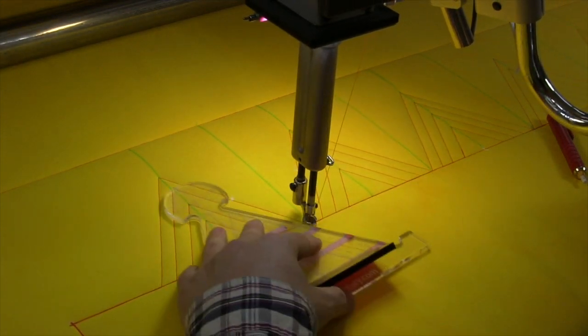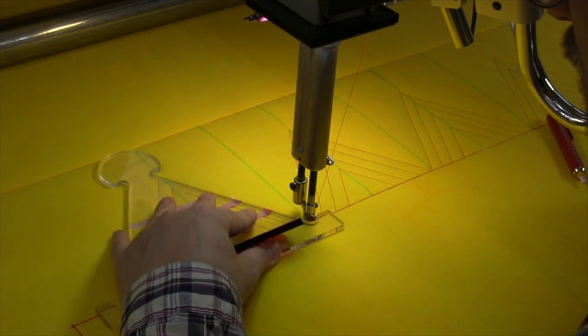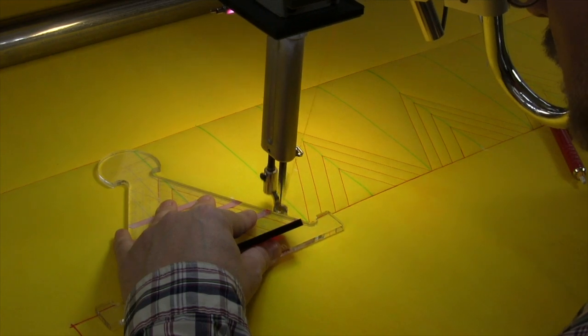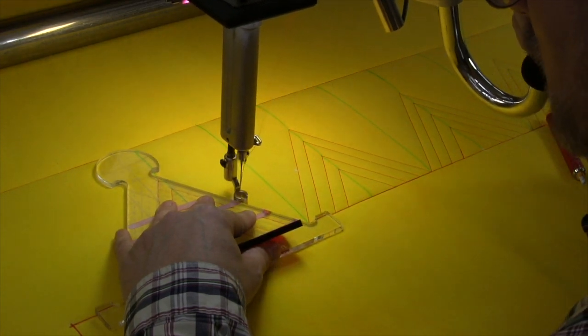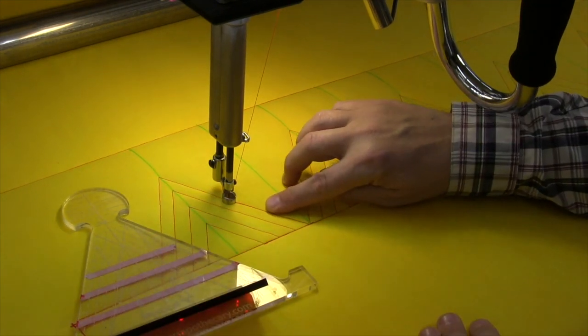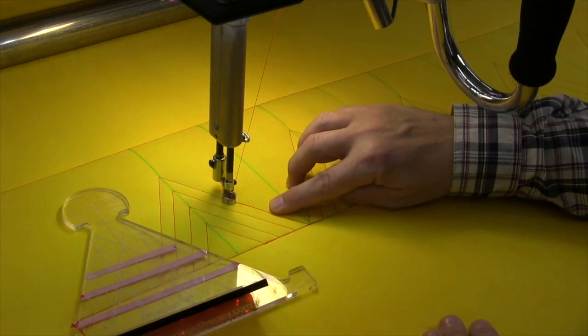And now I'm going to travel up just like as if I were ditching. So I'm going to travel right on that sew line. I'm going to try to keep it right on there. Now the thing to remember is if you do go off this line a little bit when you're doing this particular portion,